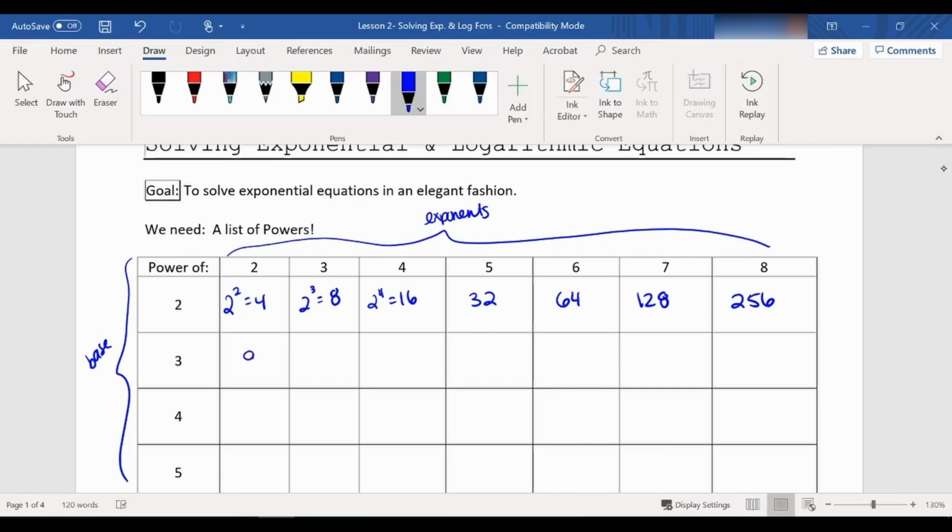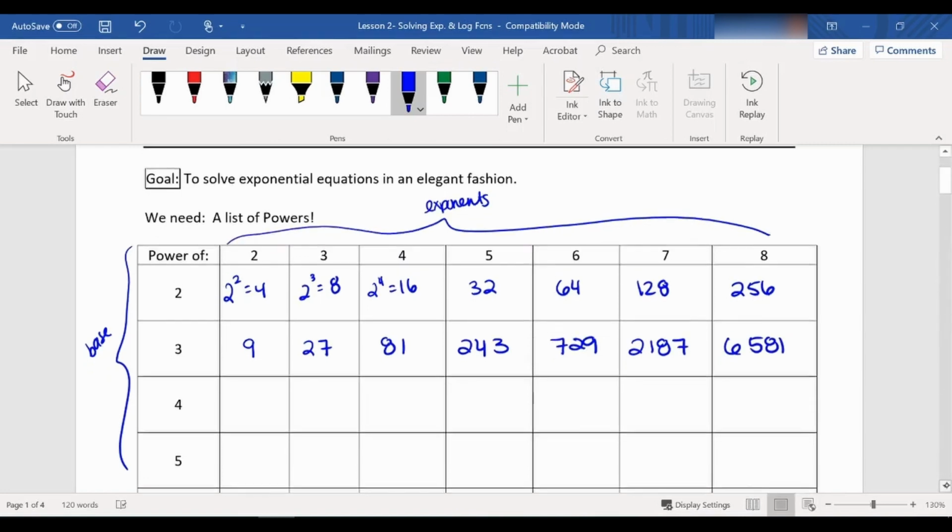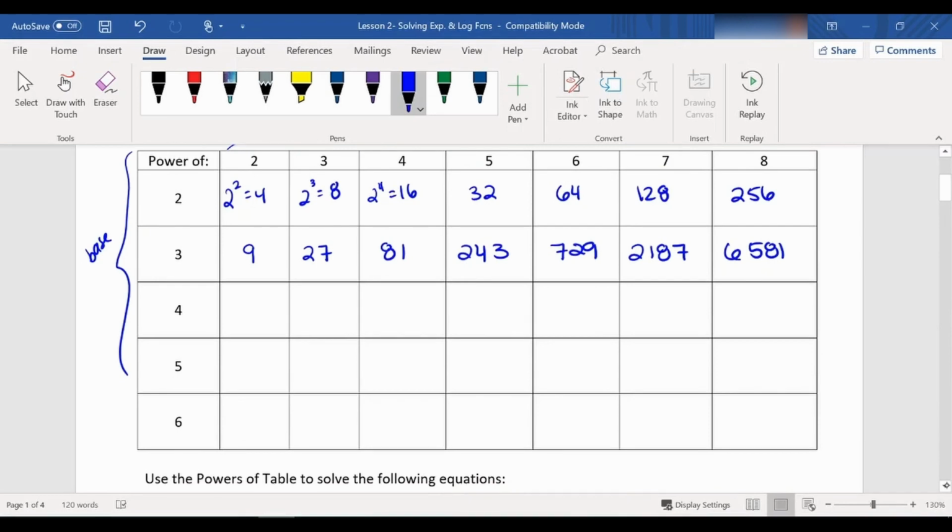3 squared would be 9, 3 cubed, 27, 3 to the power of 4 is 81. Then we have 243, 729, 2,187, 6,581. Okay, 4 squared, 16, you've got 64, 256, 1,024, 4,096, 16,384,